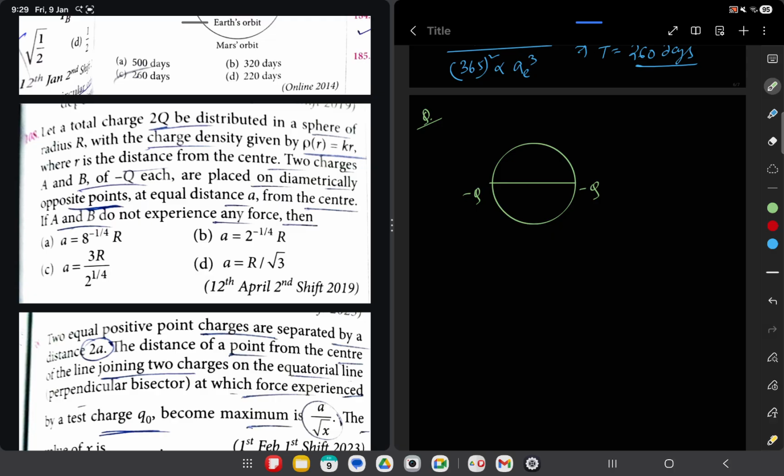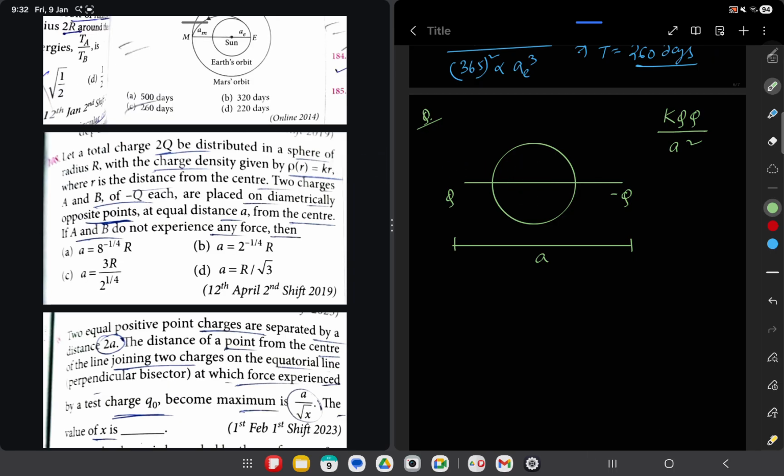And if A and B do not experience any force, so this q and minus q may be held at this position. So let's assume this is q, this is minus q, and the distance between them is how much? A. So k q into q by A square will be the force on this minus q due to this q. Now this sphere will also produce a force. So this q is attracted by this minus q, so this sphere will repel this one,